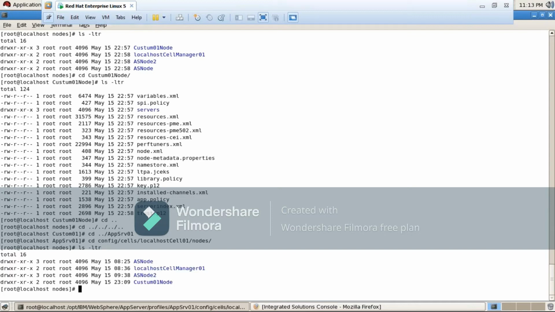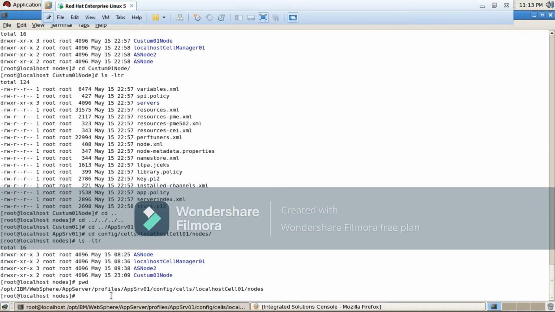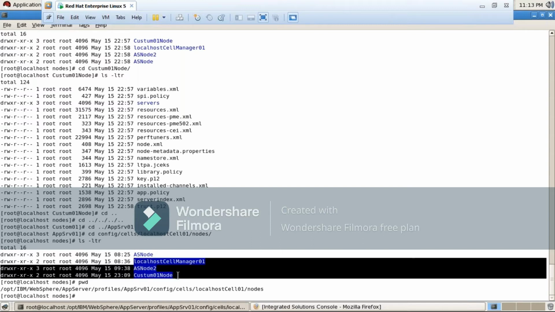See, the custom also came before. It's not shown, right? Because the refresh has not happened, I think. Okay, so now the path we have is app server 01. That's why, if you get into these nodes, AS node, as it is its own node, is going to have complete configuration files, but the remaining 3 are going to have only the serverindex.xml file. Clear, right?